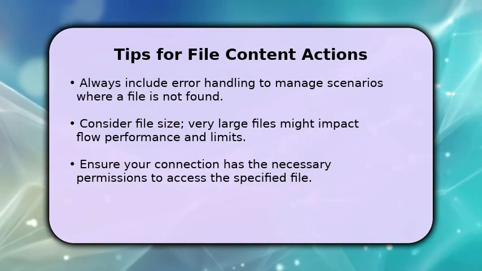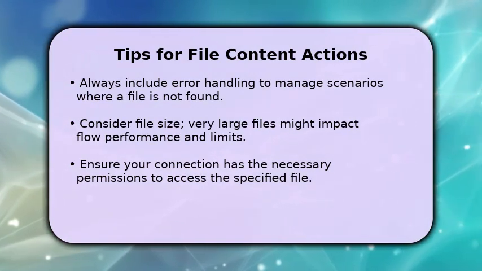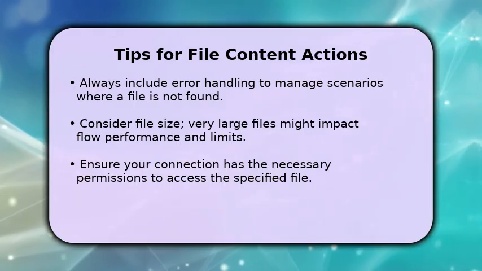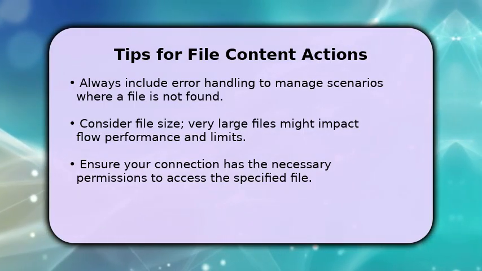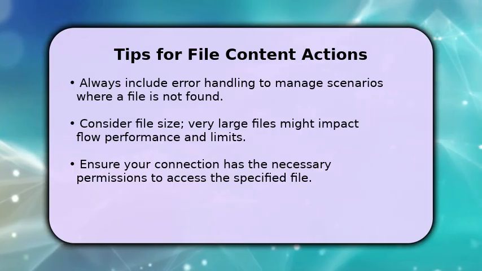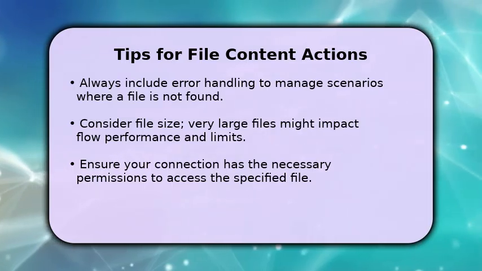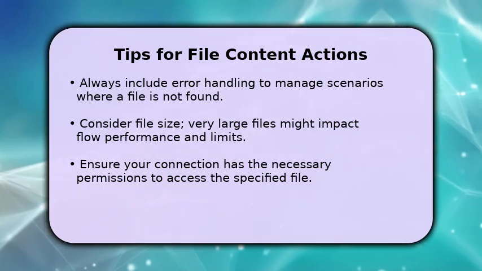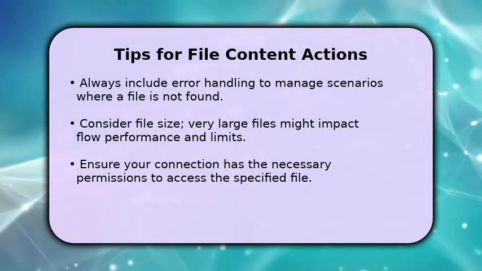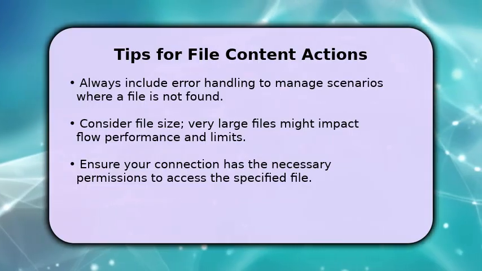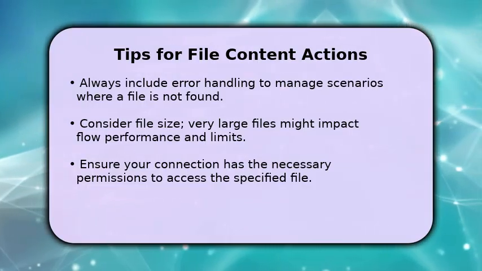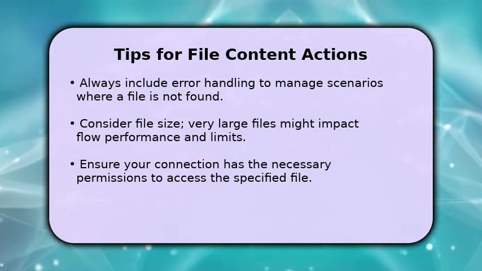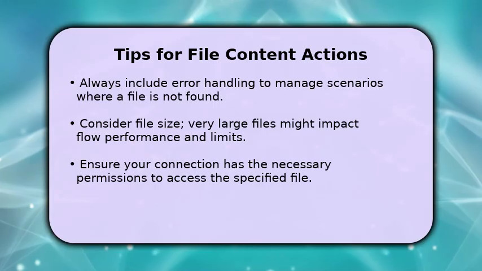Here are a few tips for working with file content actions. Always implement robust error handling. For example, what if the file doesn't exist? Also, be mindful of file sizes. Extremely large files, say over 50 megabytes, can affect your flow's performance and potentially hit action limits. Finally, confirm that the connection used in your flow has the appropriate permissions to access the files you're targeting. These practices will help ensure your flows are